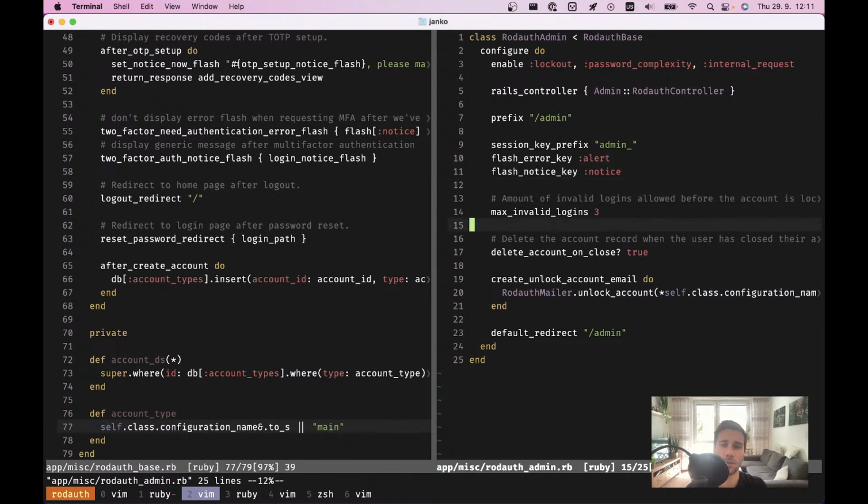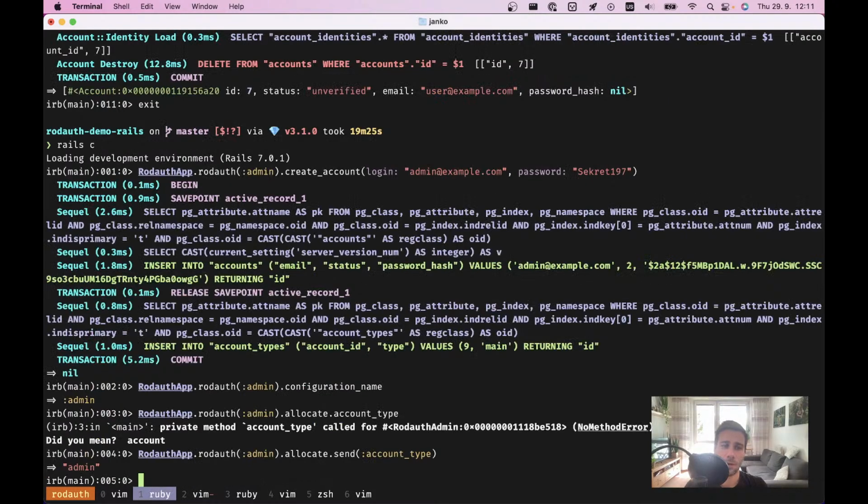Now we'll save this file. Here, after create account. And if I retrieve an instance of Rodauth admin through,